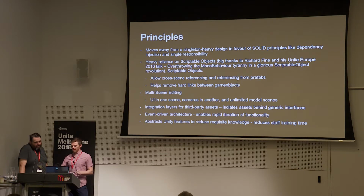Scriptable objects are great because they let you do things like have cross-scene referencing and referencing from inside prefabs, and just helps us to remove those hard links between objects. It was built with the philosophy around multi-scene editing. I say that, but now that nested prefabs has come out, there's a potential that we might actually migrate away from multi-scene editing into more of a nested prefab approach,